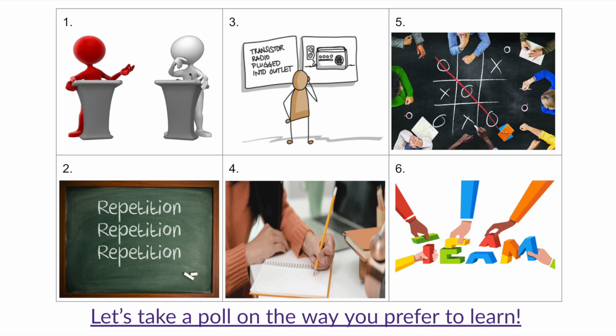So the first thing is number one. If you're a person that loves to learn verbally and have communication and that back and forth, and I was that student that always was raising my hand, asking questions, and talking to my teachers and learning that way, you would be a number one. If you're somebody that likes the repetition and likes to practice and likes doing a task over and over again to get better at it, to feel more confident, then you would probably be a number two.